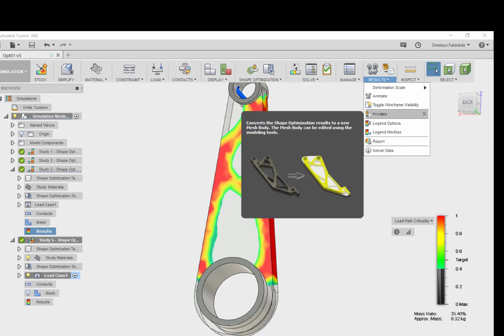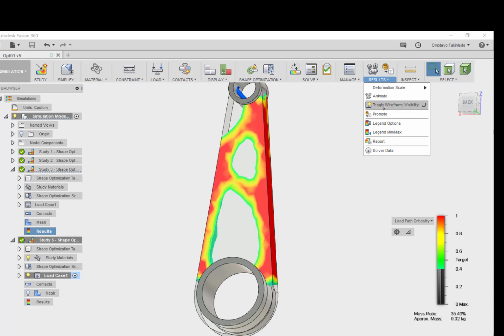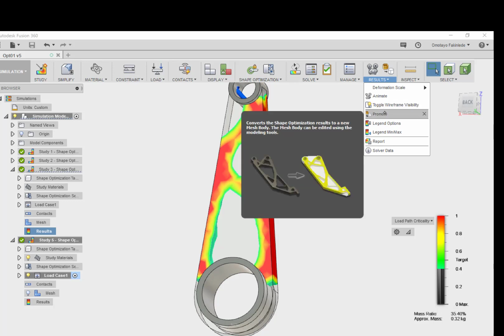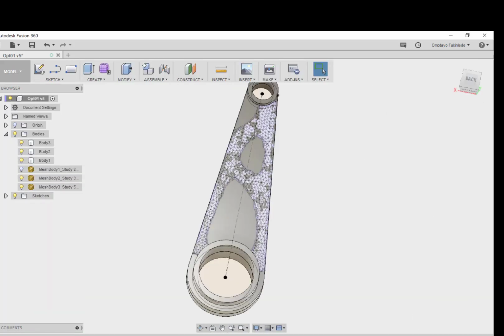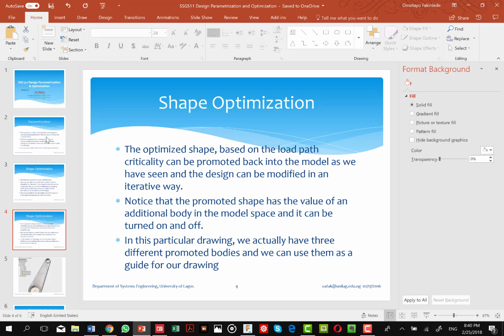If you select promote, it will promote this load path criticality back to the model space. When it gets to the model space, we can use the mesh generated by the shape optimization to guide our redesign of our shape.